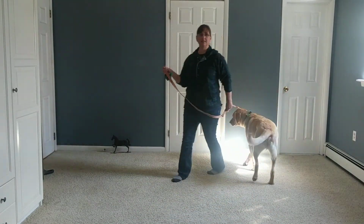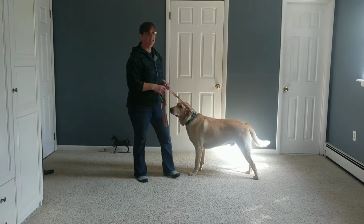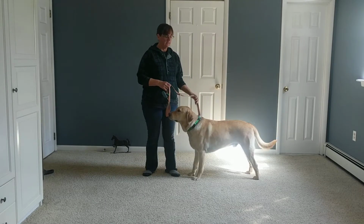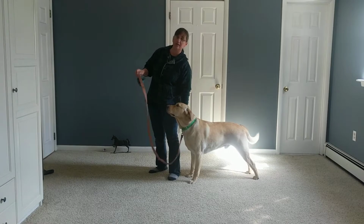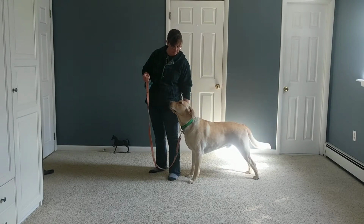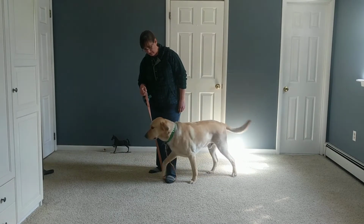Sometimes your dogs get so excited they can't listen to a verbal command to sit or lay down, or maybe if you use hand signals, sometimes they're just so excited they can't listen. So having another cue, a leash cue, is a really wonderful way to have another option. So again, if I step on the leash,